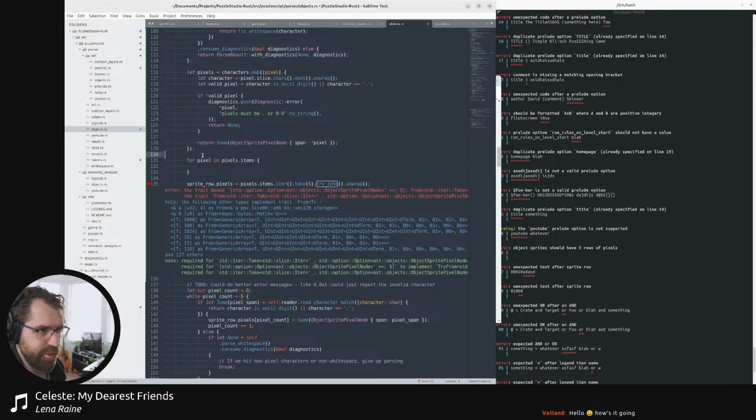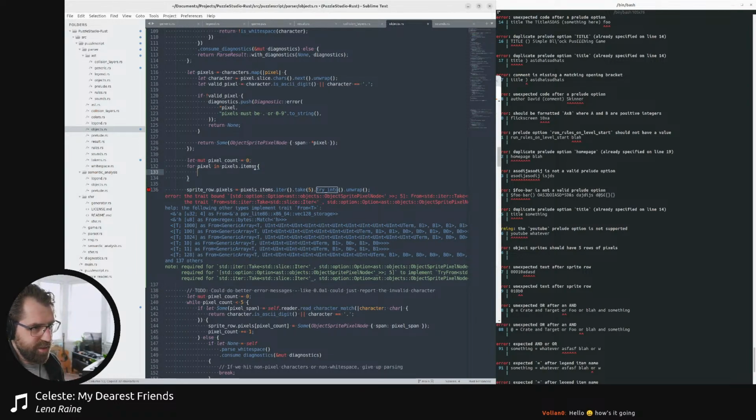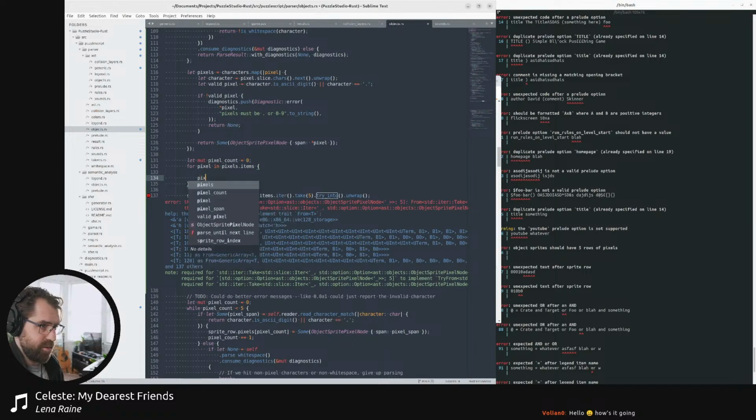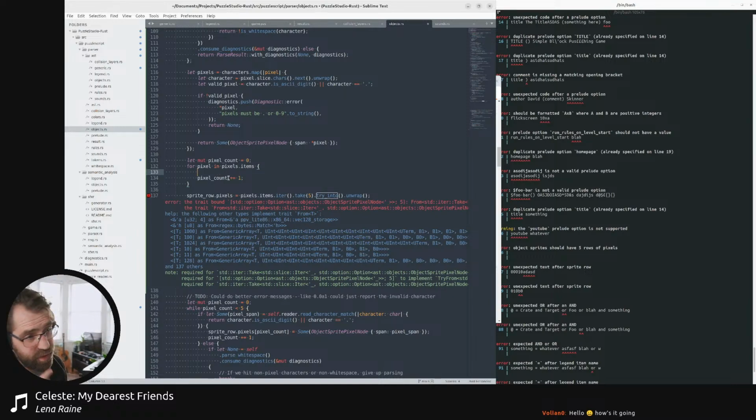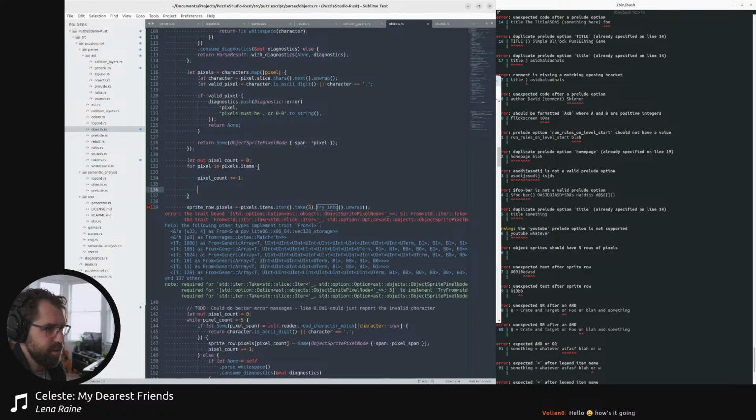So I guess okay, let's just do something similar to what I had. Pixel count 0. For each one of these, we're going to increase pixel count. You're going to increase the pixel count if, I mean, we could just do